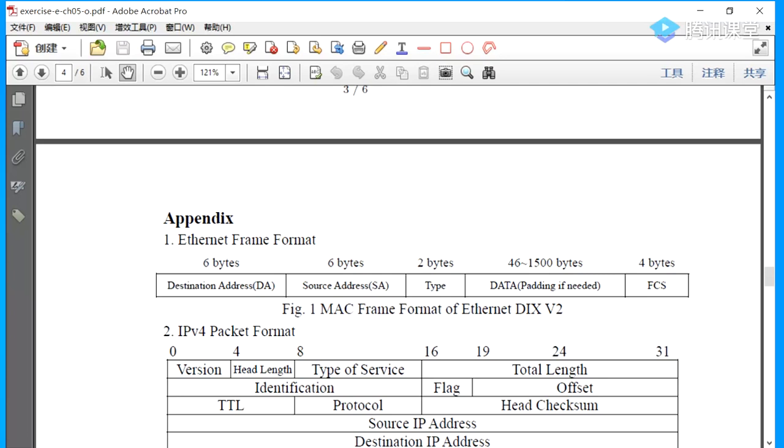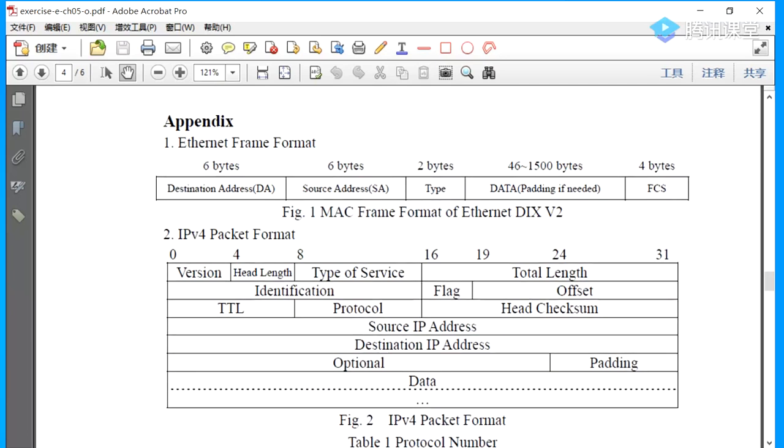In the appendix, a list illustrates the Ethernet frame format, destination address, source address, type, and the IPv4 packet format: version, head length, type of service, total length. The appendix will list these formats and